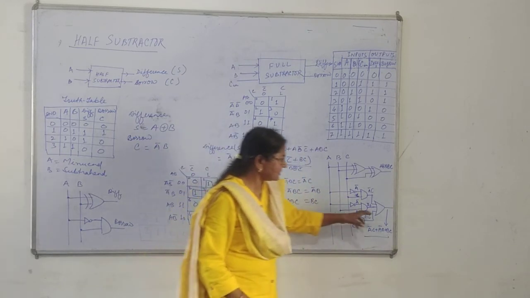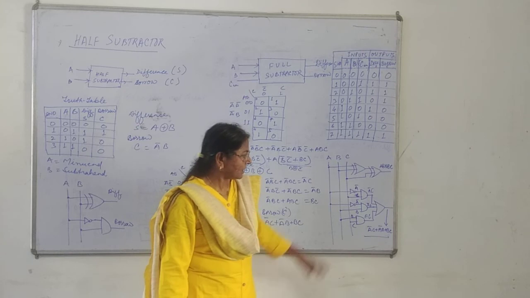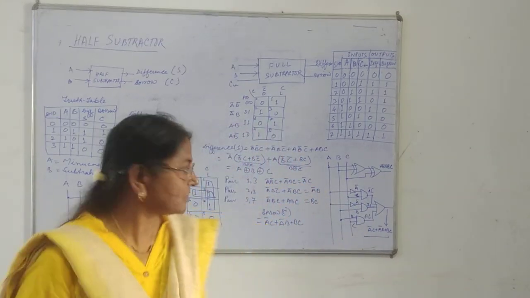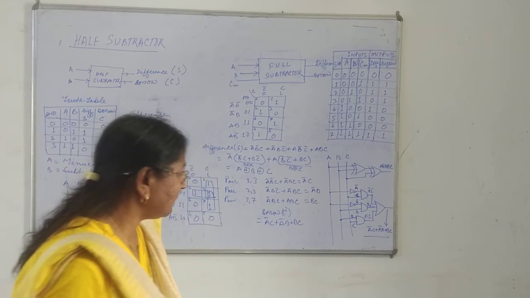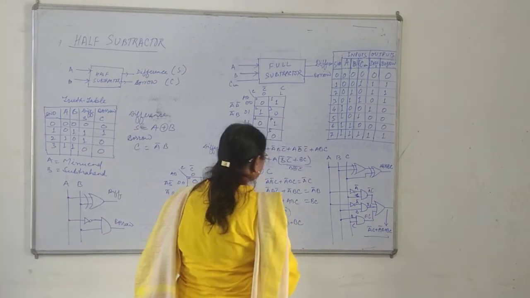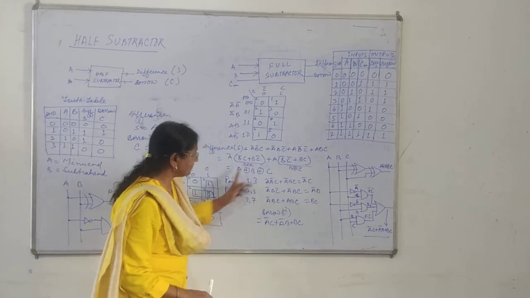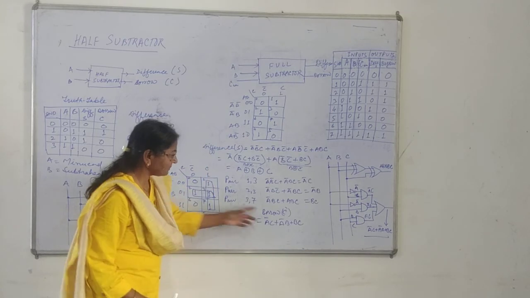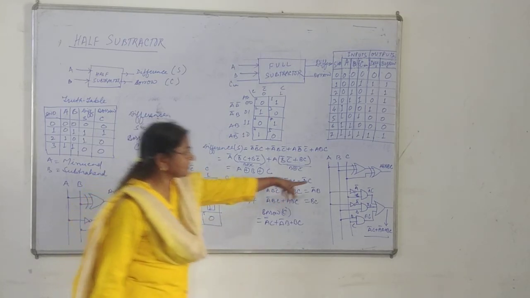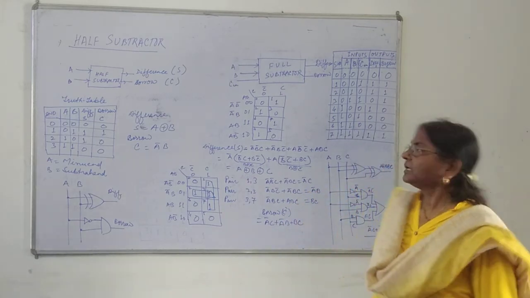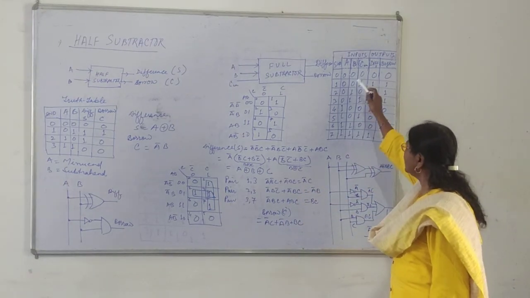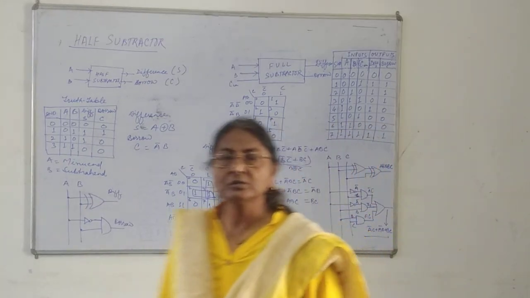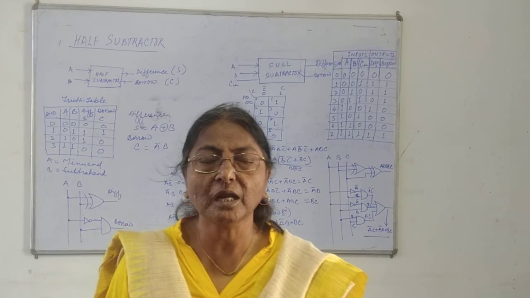And what I have done, I have used the 3-input OR gate, and all the outputs of the AND gates are given to the OR gate. So the final equation is A bar C or A bar B or B C, which I have derived by simplifying this particular map. So now this is the circuit for full subtractor, and if we want to check it, we can give an input to it and check the output. Okay, so this is all about the half subtractor and full subtractor.